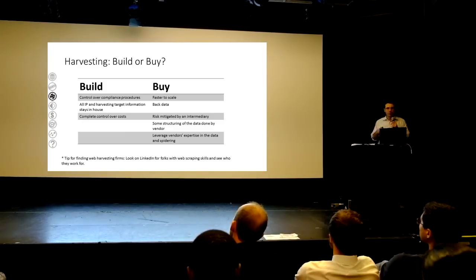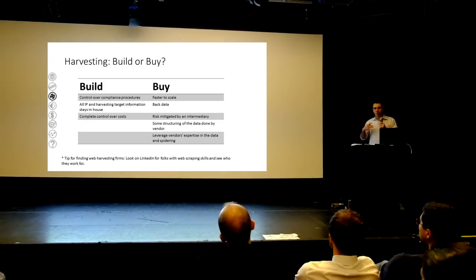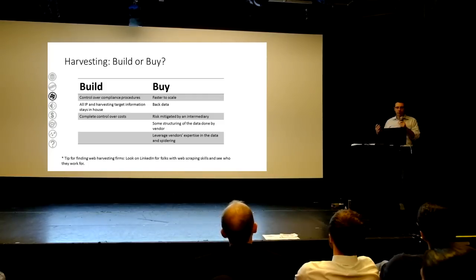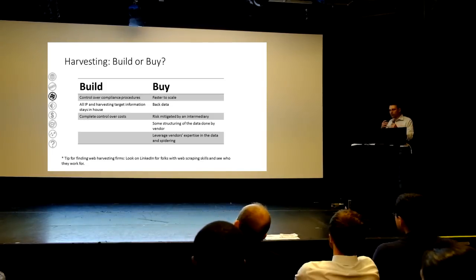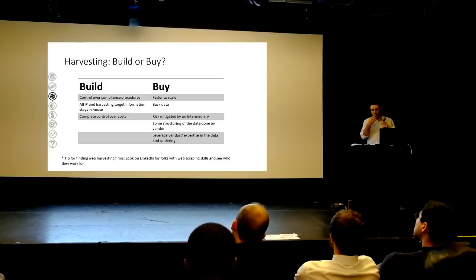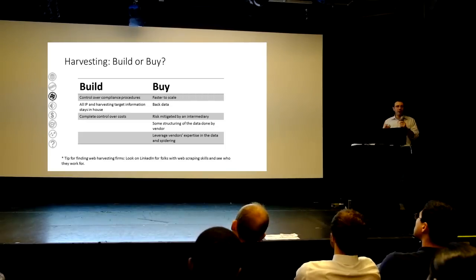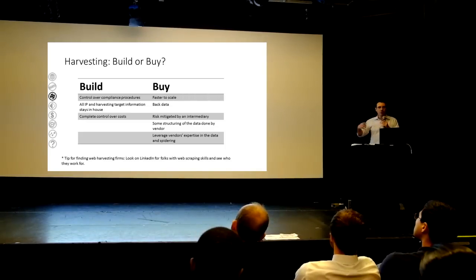Basically, most of the pros of building it have to do with control. When you build it, you know exactly how you're harvesting the web. So if you're worried about compliance, you've got perfect control over not breaking any rules that you don't want to break. You're also not levered to anybody for anything. And there's the IP transfer issue. For some funds, even the fact that they're looking at a merchant or scraping a certain site is more information than they're willing to give.